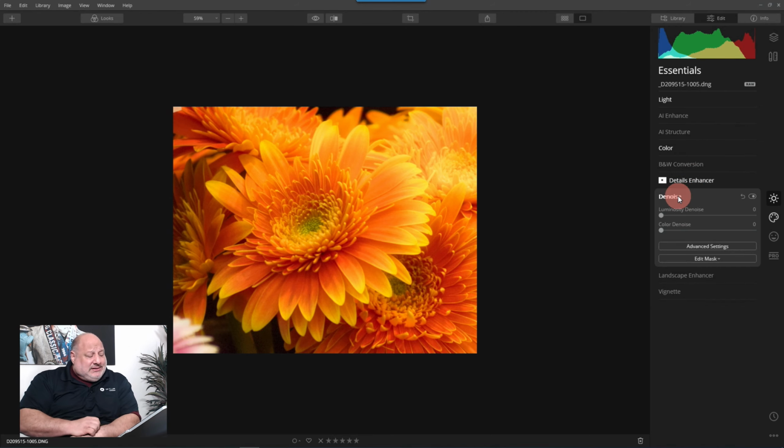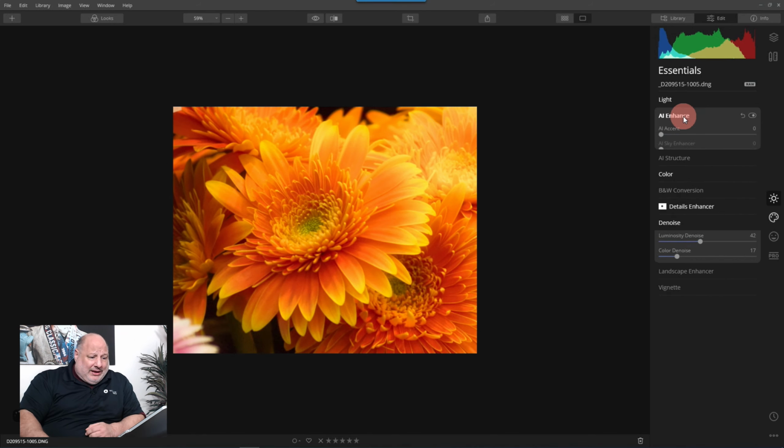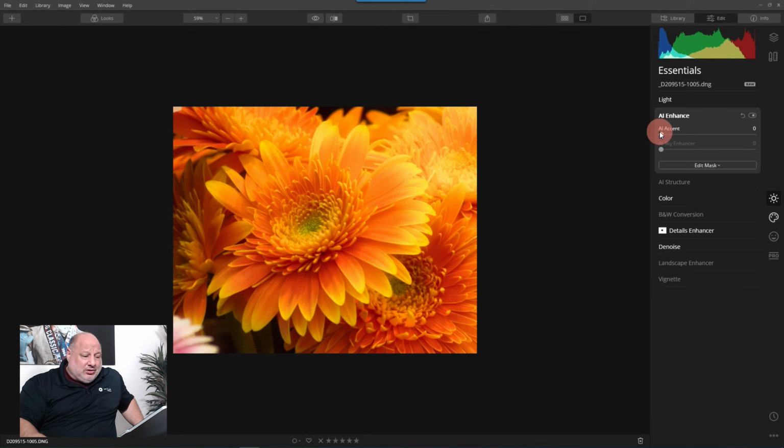Because I shot this with a Nikon D200 at 900 ISO, there is some noise. So I'm just going to come in here and bring down the noise a little bit. Good. And while I'm at it, AI Enhancer, let's see what it thinks. Ooh, look at that. I'm going to go right about here. Good. So let's see what we have. Before,